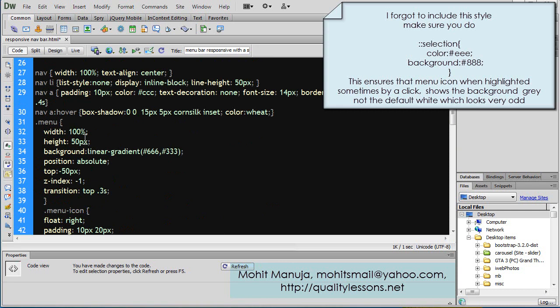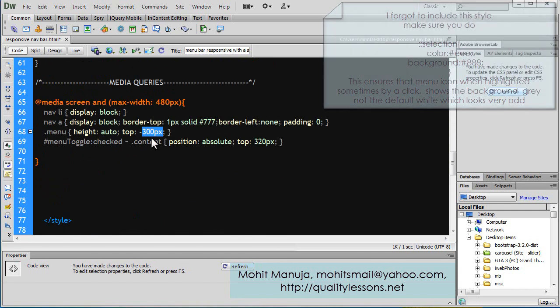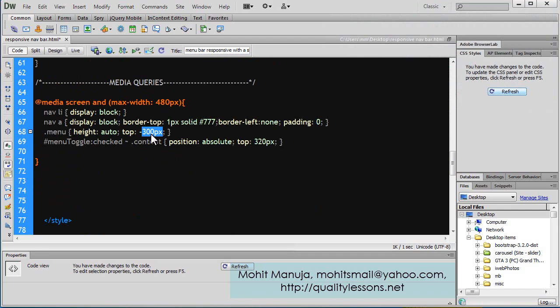You see, every menu item is 50px, so 6 menu items, 6 fives are 50 into 6 is 300. So I would want it to flush from the roof by these many pixels higher itself, and when the menu toggle is in the checked position,